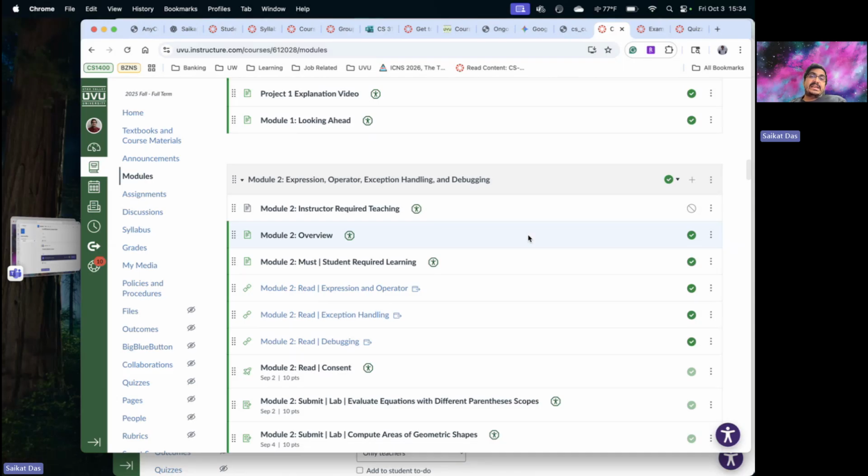Then exception handling is really important. You need to know how you can handle the exception. If there are some errors, how you can handle the error. Typically the try and except. And there are various types of exception. I don't want you to read all of those types of exceptions, but at least you need to know some basic things. Then for the debugging,